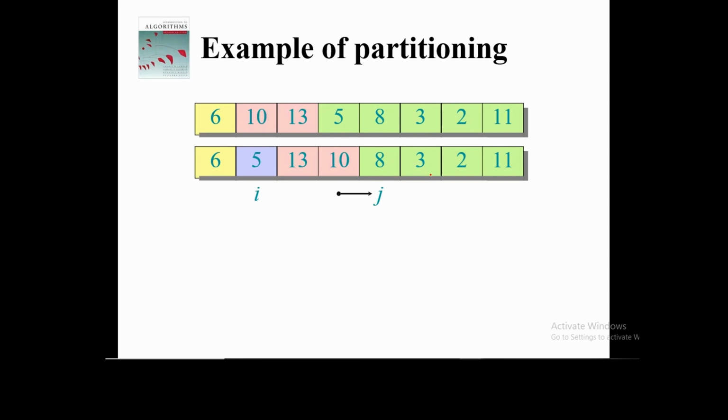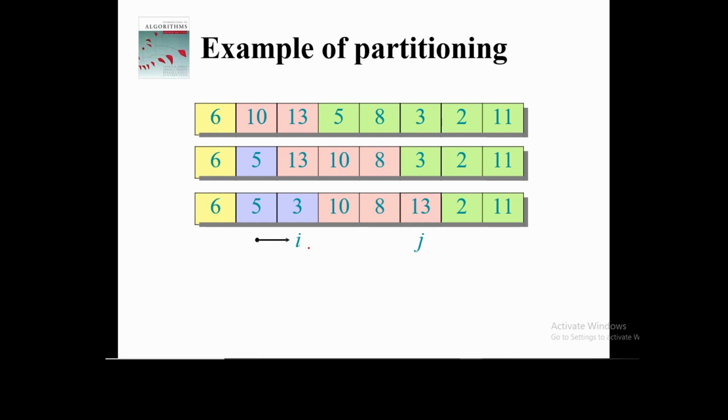Now 6 will be compared with 3, so okay, now the next number which is less than 6 is 3. So what we will do is simply increase this value of I, since 5 had come here earlier. So I will come here, I will be pointing at 13, and J is pointing here. So 3 and 13 both will be swapped. So 3 will come at this place, 13 will come at this place, like this. Now J will be incremented and we will check this 2.